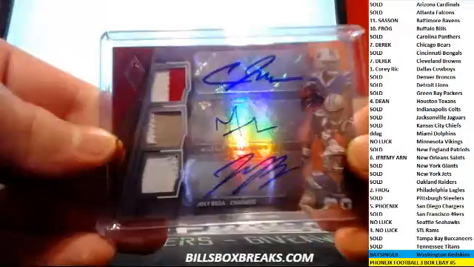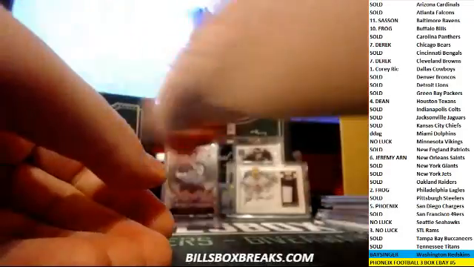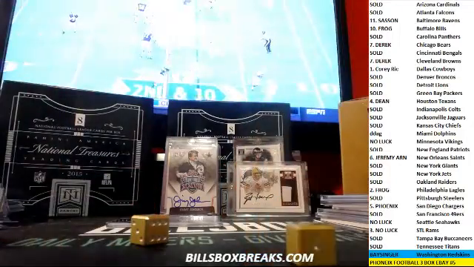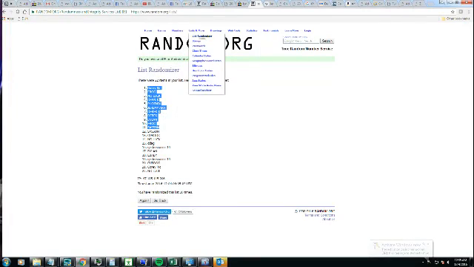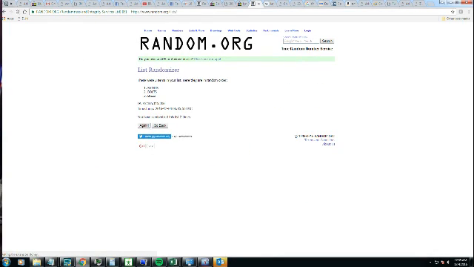All right. And our tripler. Bosa, Michael Thomas, Cardell Jones. 1. And a 3 for 4. It's in the hands of the randomizer now. Bills, Saints, Bolts, 4 times. Once, twice, 3, and 4. And that'll go to the